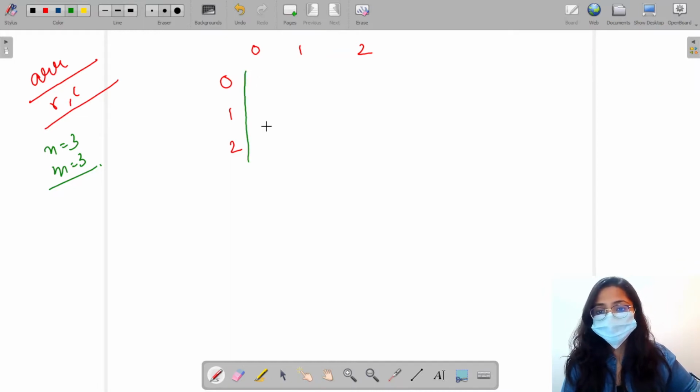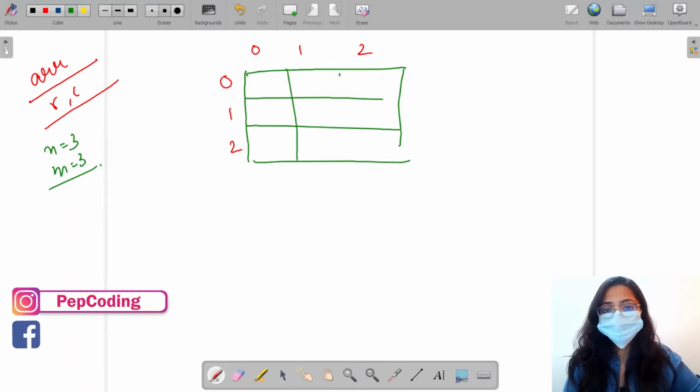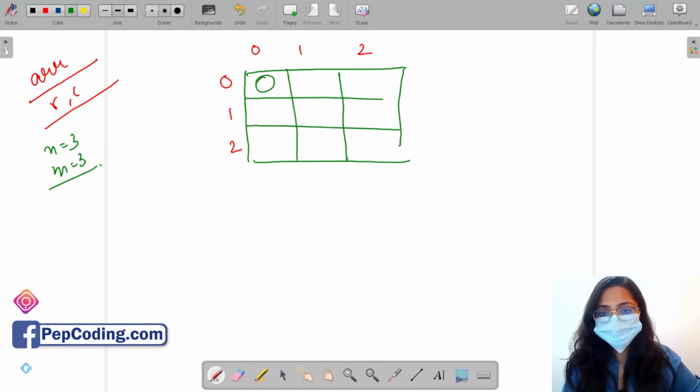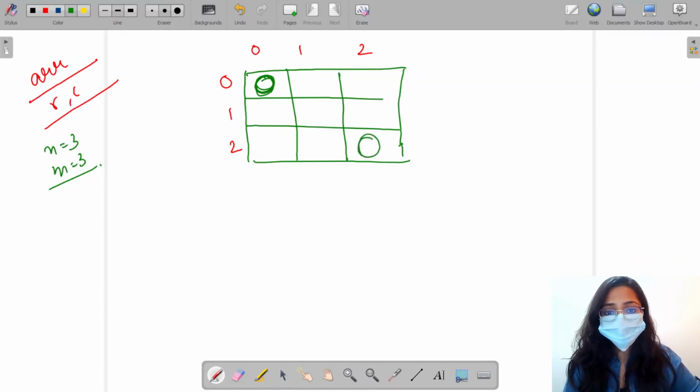Now, in this array, I have been told that I am standing at the initial position, that is this position, which is my top left position. And I have to reach the end, that is the bottom right position of the array.